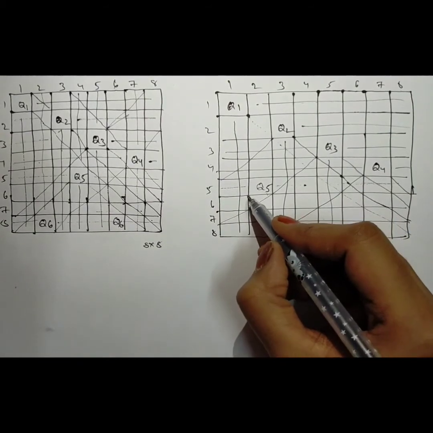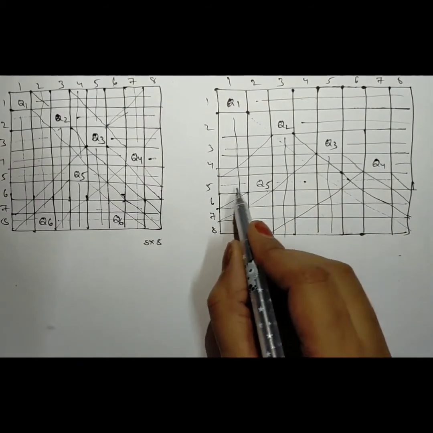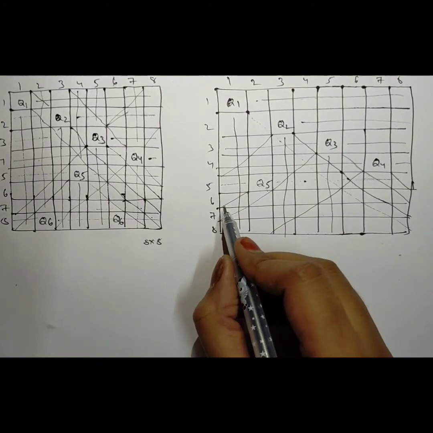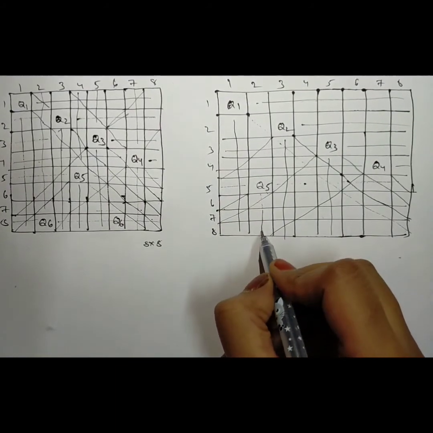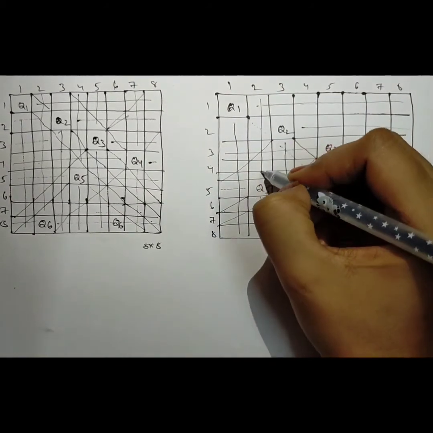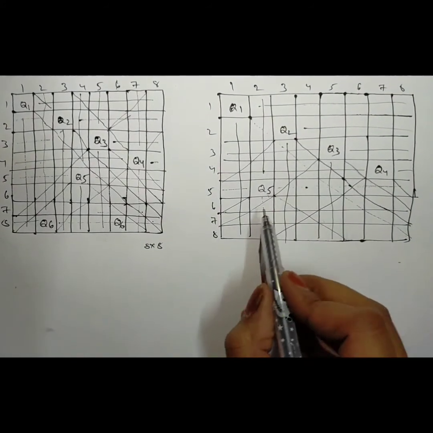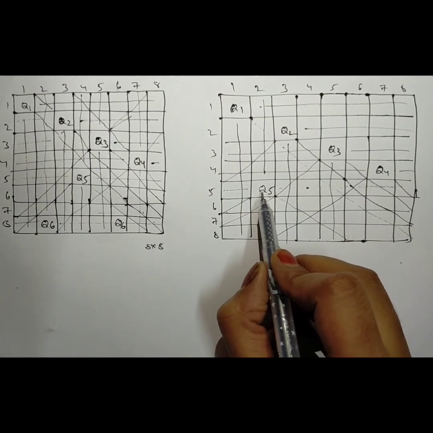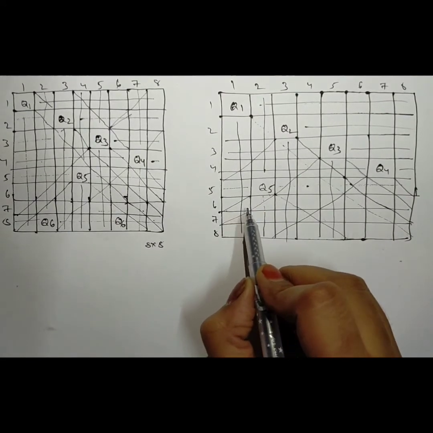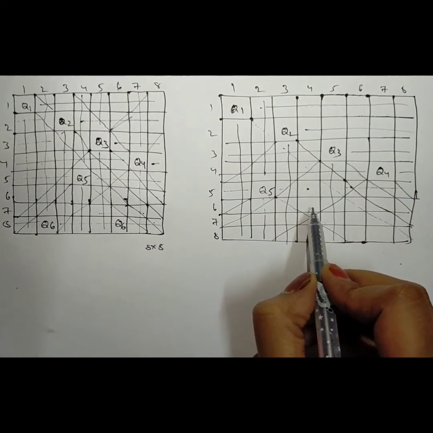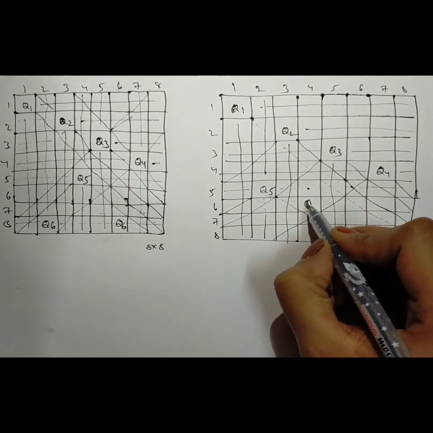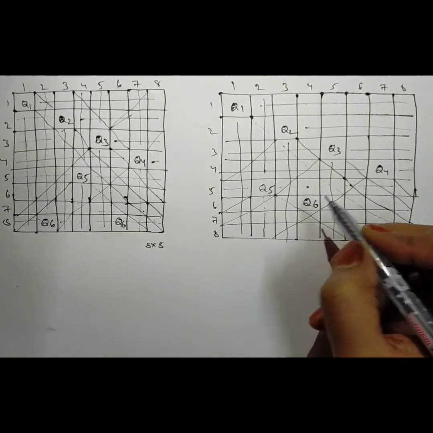If I have placed the fifth queen position here, there is no possibility of placing the sixth queen here, as it is representing the row representation, and here also as it is representing the diagonal one. Here also you cannot place, as it is representing the same row. Here also you cannot place. Now for placing the sixth queen, you can place here. Okay, sixth queen can be placed here.